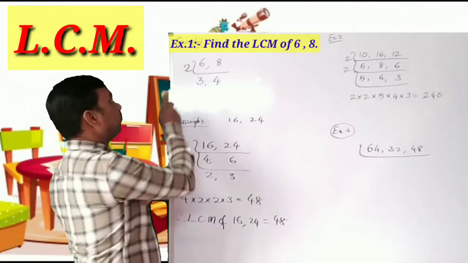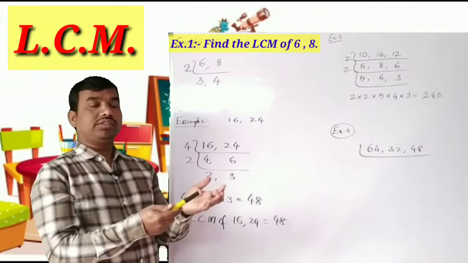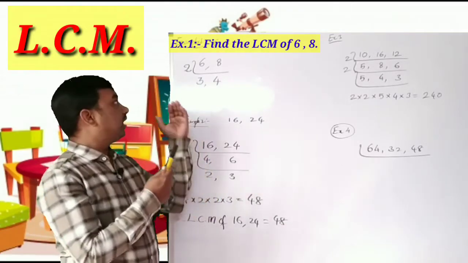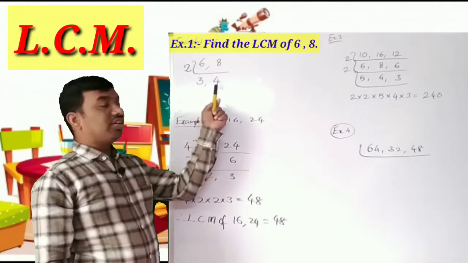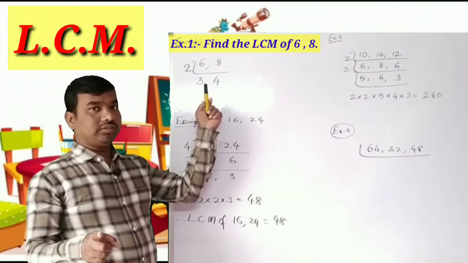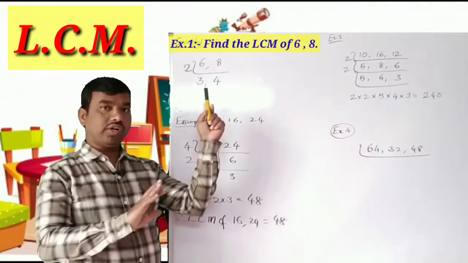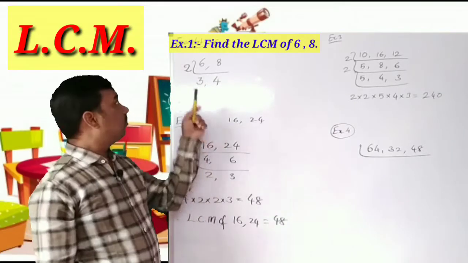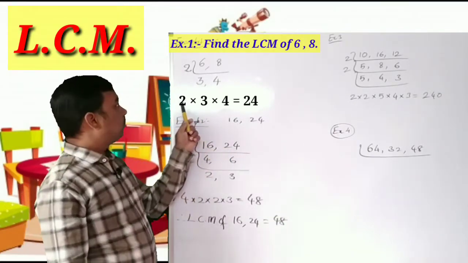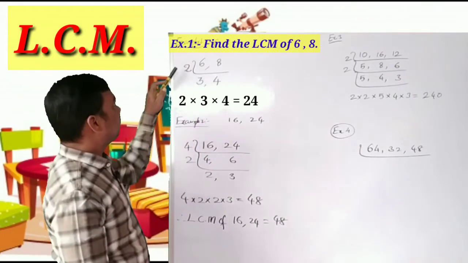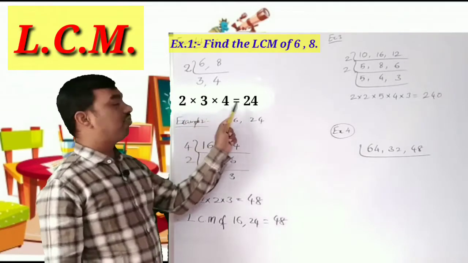Here we should take 2, 2 3s are 6, 2 4s are 8, and after that if you take 3, only 3 is dividing here, and if you take 4, only 4 is dividing. Okay, so don't take 3 and don't take 4. So this much only. Stop here. So 2 into 3 into 4, like this we have to write. 2 into 3 into 4. 2 3s are 6, 6 4s are 24.